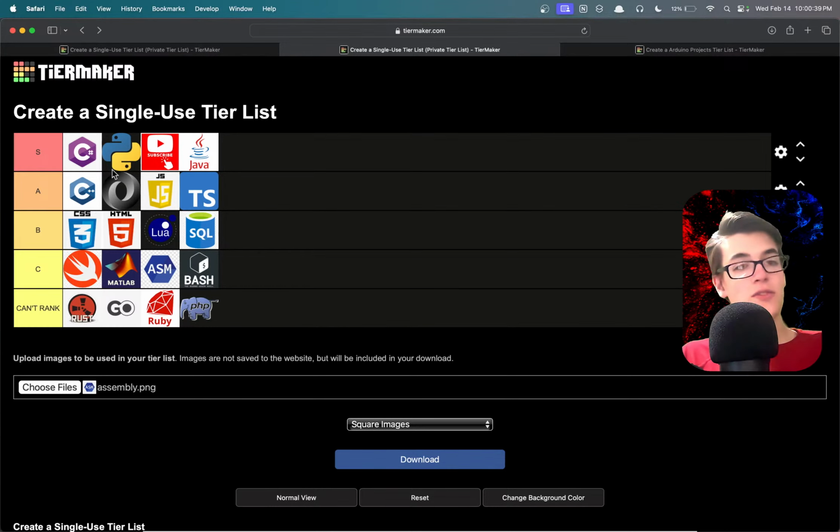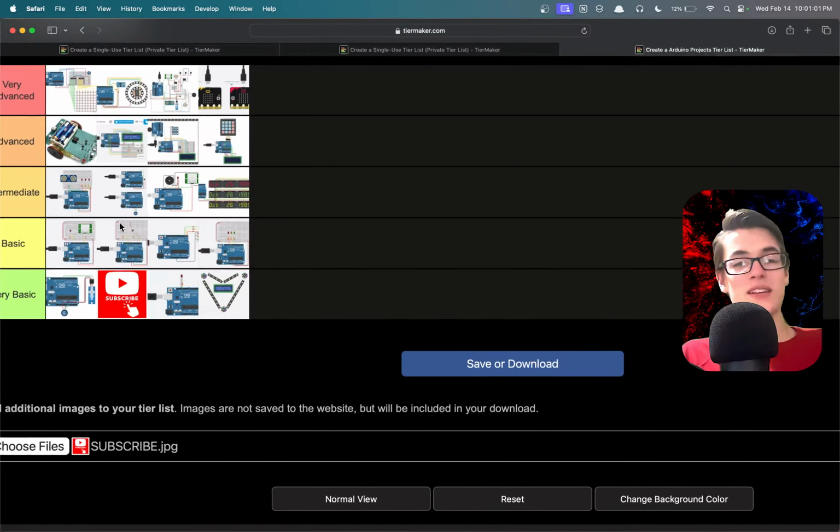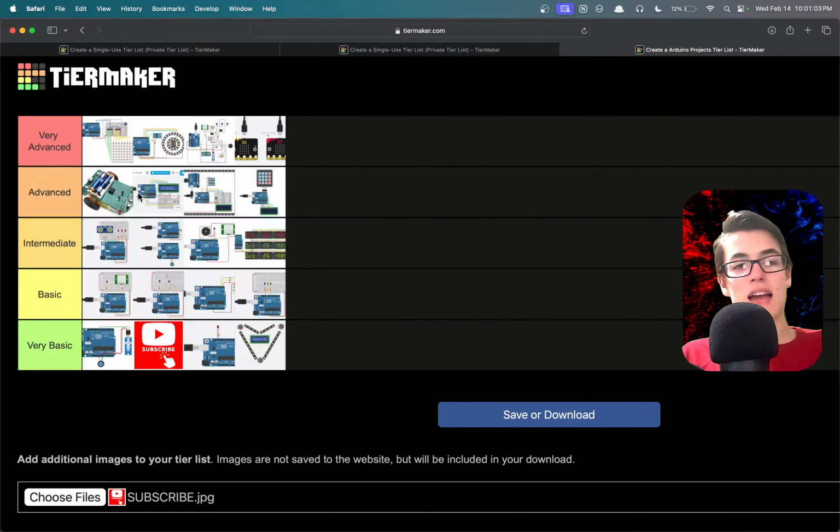The first child, our firstborn, looks absolutely amazing with the programming languages. We also have this one with all of our Arduino projects. Both of them look absolutely beautiful. Where would I put my lightsaber project? That's a good question. And I'm actually going to give this a valid answer because all of these are even. So I can actually give a valid answer without being tempted by that. I would put it,